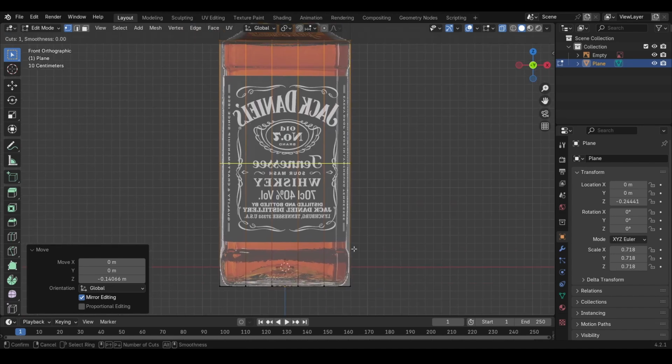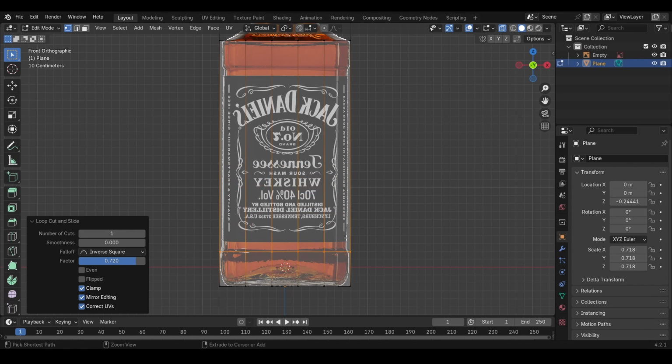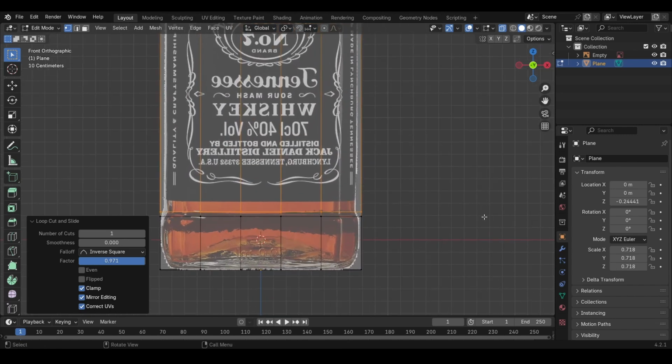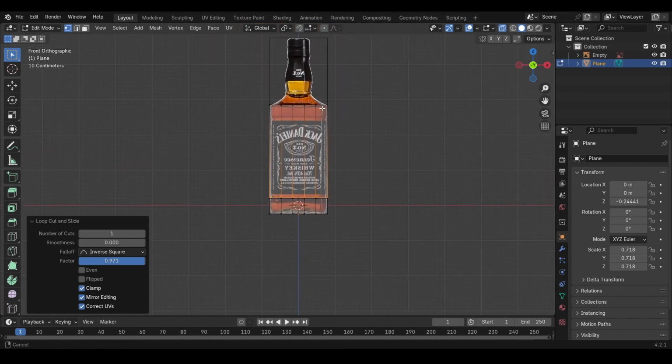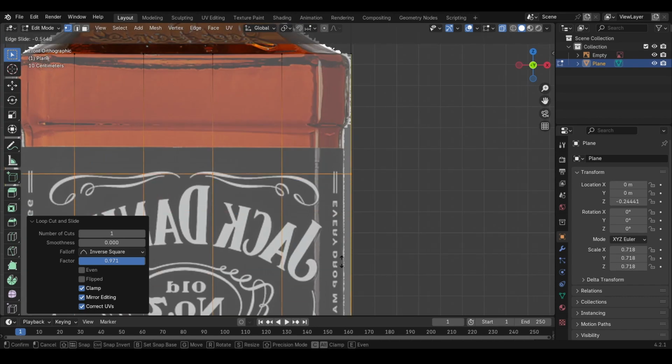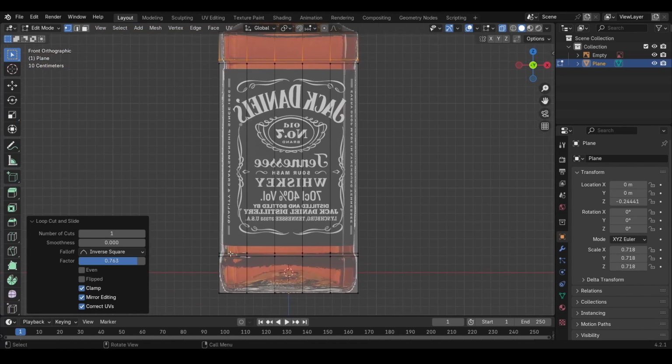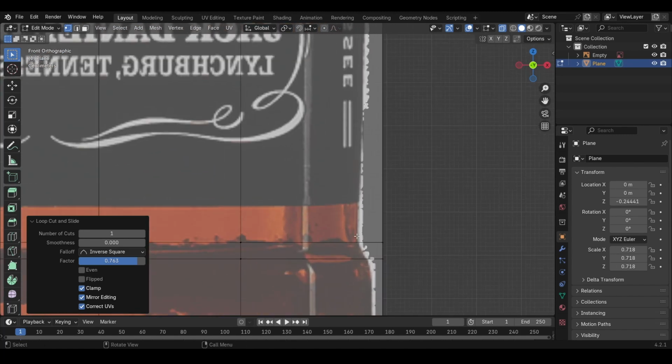So what we want to do now is this: we want this face to go in and then out again here. So we will add a loop cut with Control R, right click, move it down, right click again, and then we will do the same like this. But instead of scaling it down right away, I will add another loop cut up here and then like this. So now we have a loop cut down here that is aligned with this sort of edge here,